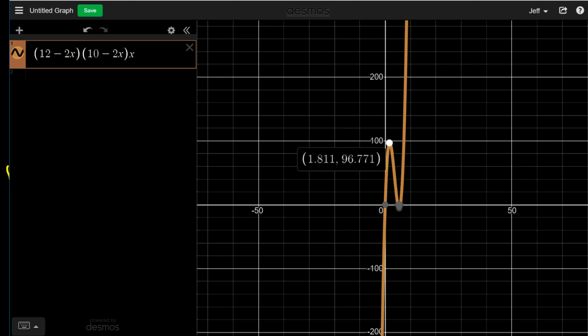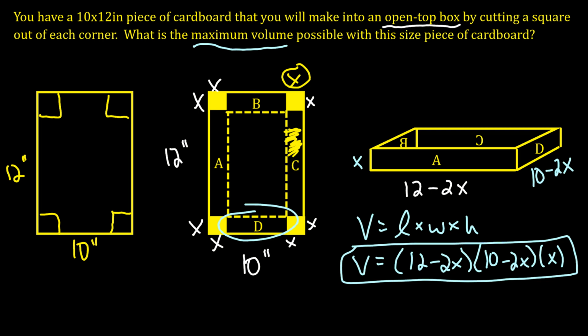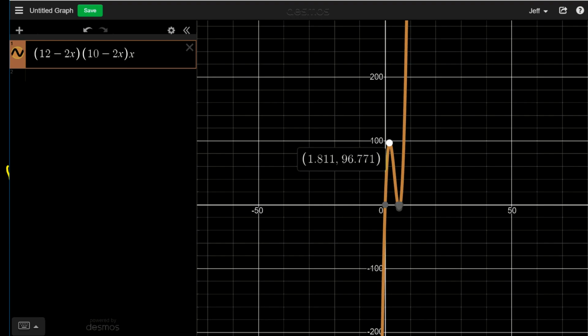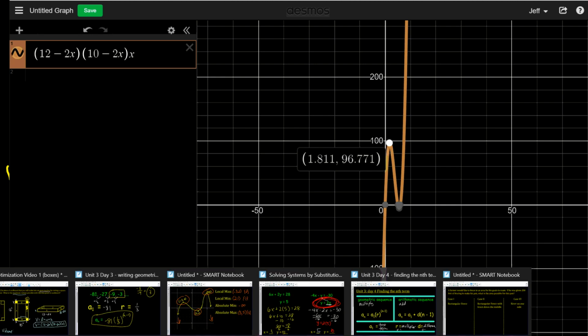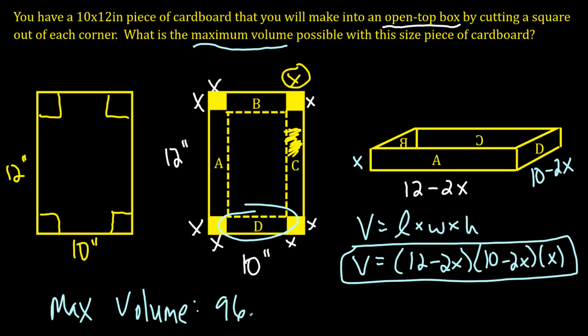So let's head back to the problem we were doing. And so the maximum volume, I'll just write it here, maximum volume is, I already forgot, what is it? It's 96.771 inches cubed when x equals 1.811. So when you cut out a corner that is 1.811 inches, you're going to get a maximum volume of